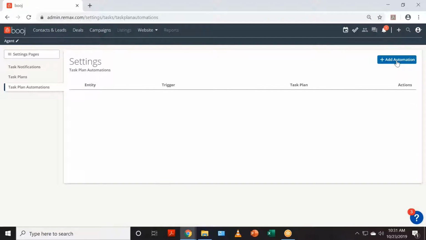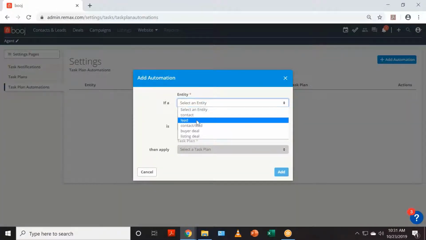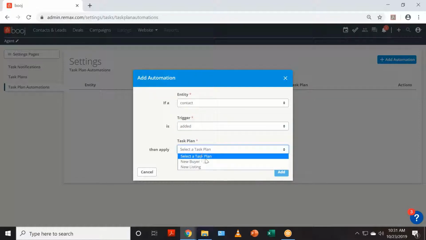So up here on the top right, you can hit add automation. You can select your entity. Right, we talked about doing a contact, and then I'm assuming this will get fixed. I just added to, there we go. You would add it to whatever task plan you wanted. So if you had a task plan that was set up for new prospects, you would essentially hit new prospect